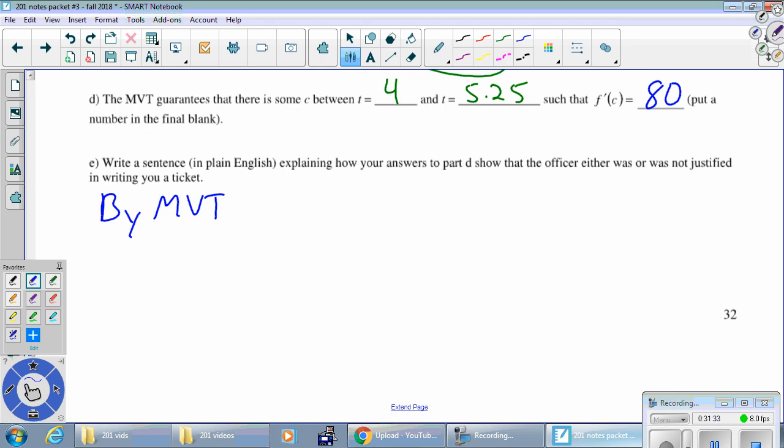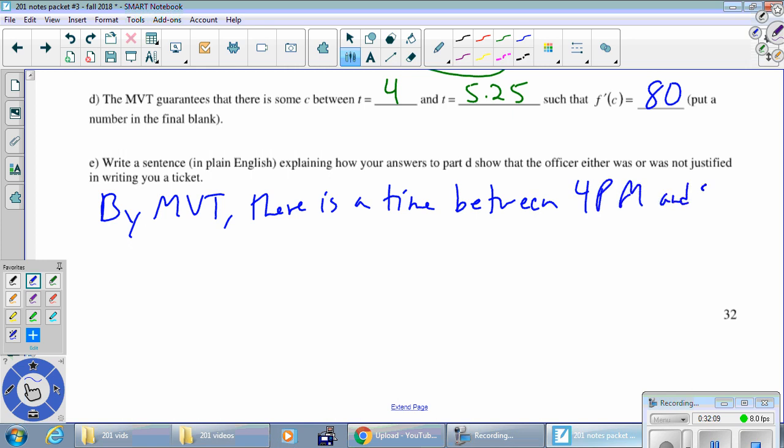You're not going to blink from one moment to the next and be, like, 3 miles apart on this highway at those 2 moments. And I think when we plot our distance, we're just going to get some smooth continuous curve. Unless I guess we get rear-ended or something, but we'll assume that the function is differentiable on the interval 4 p.m. to 5:15. So in that case, by the mean value theorem, there is a time between 4 p.m. and 5:15 p.m. where,